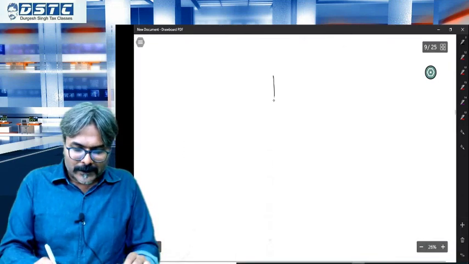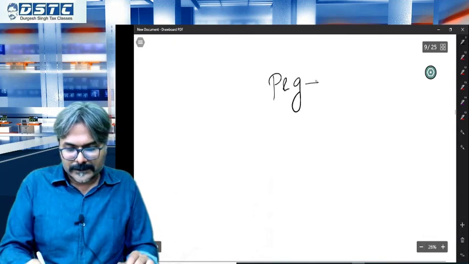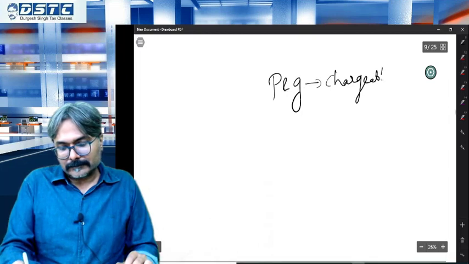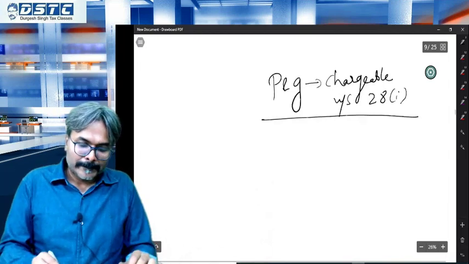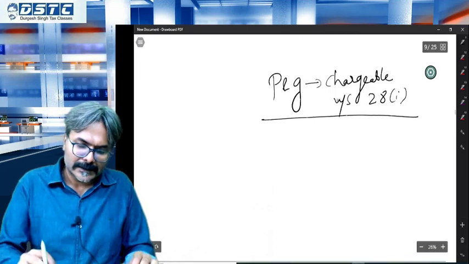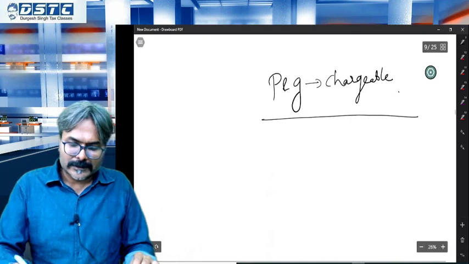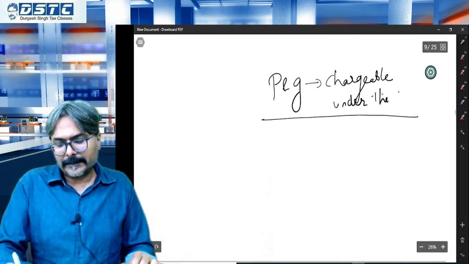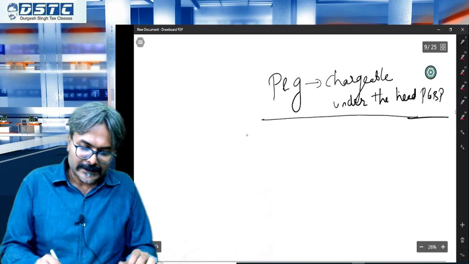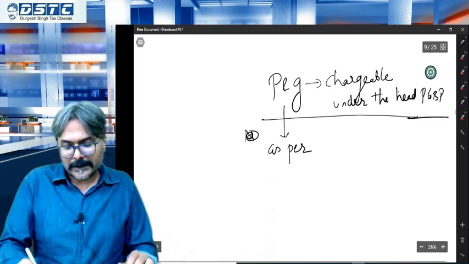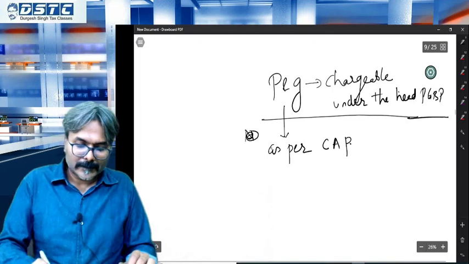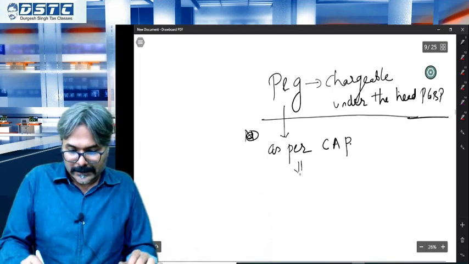The profit and gains chargeable under section 28(1), which is chargeable under the head PGBP, is the profit as per commercial accounting principle, and then add or less